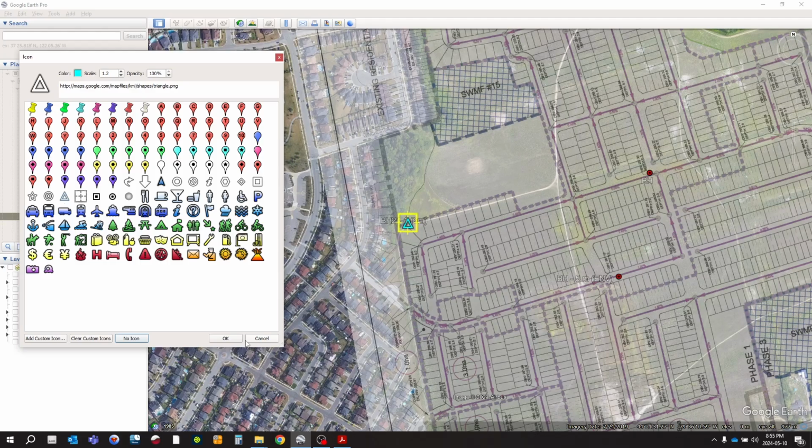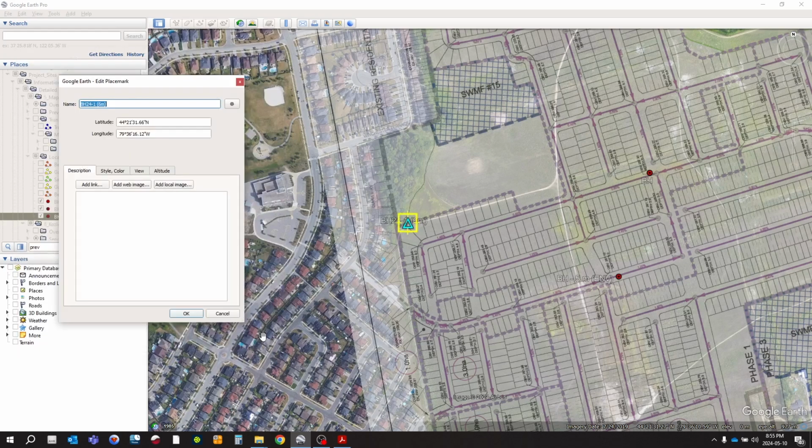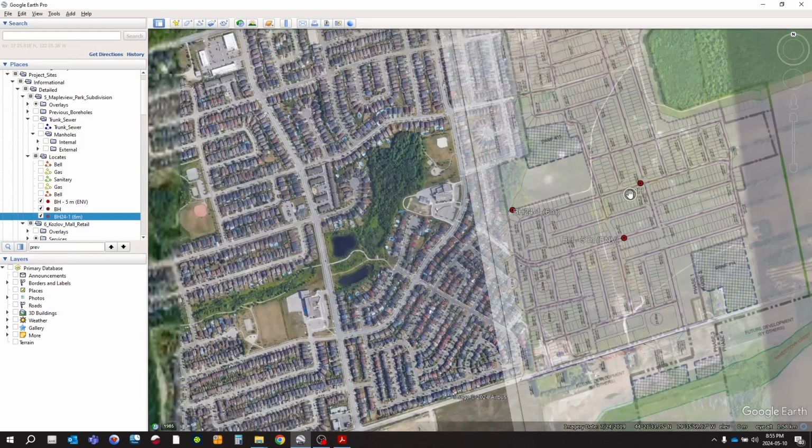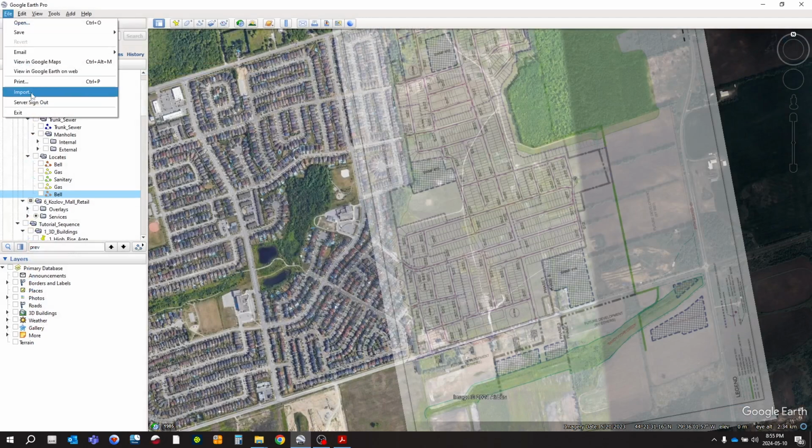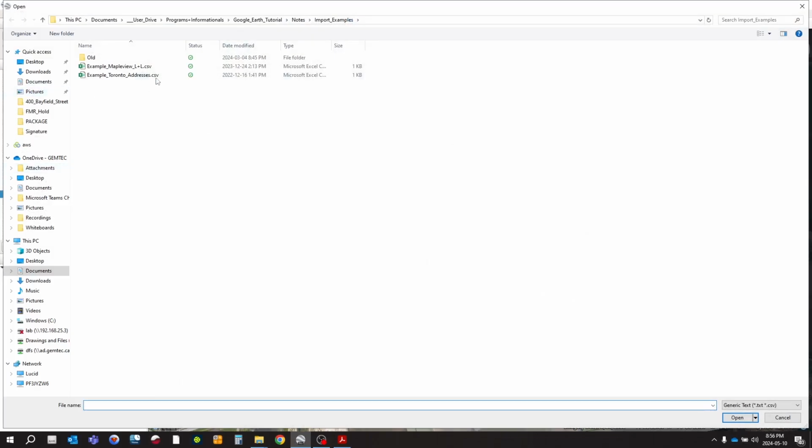Where larger data sets exist, it is possible to actually import data directly into Google Earth without having to place it individually each time you're setting a new location. Importation must be done using a comma-separated value or CSV file, and the locations must either be in lat-long coordinates or as a site address, but you're not able to use UTM coordinates or any other method for placing the